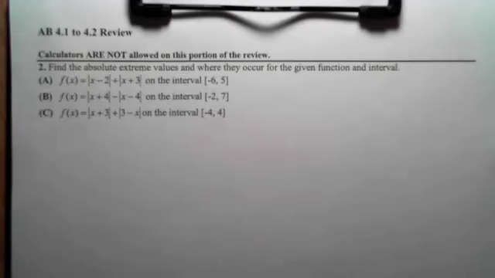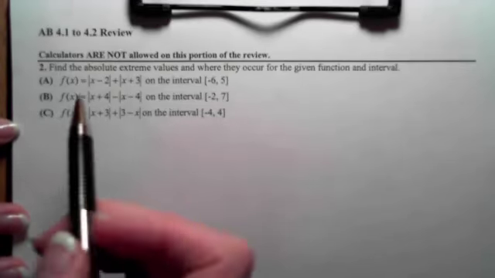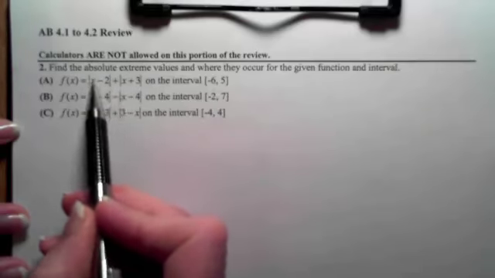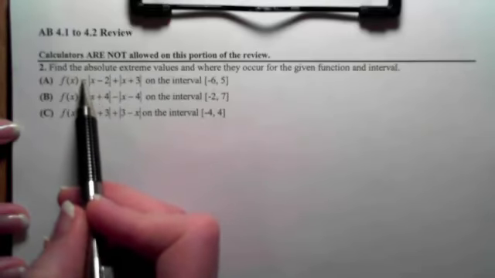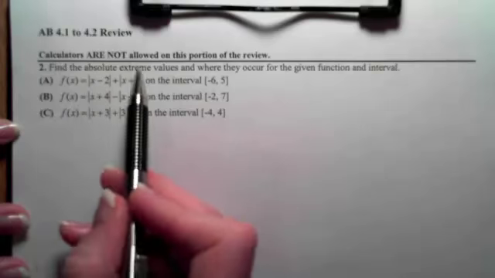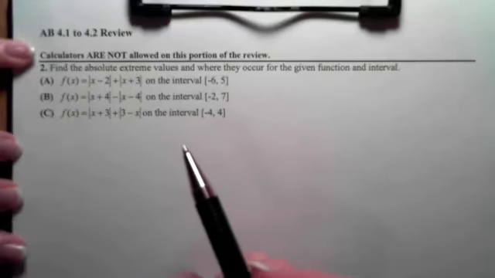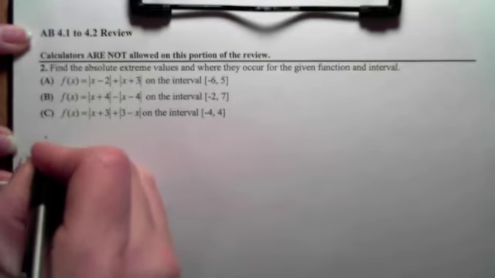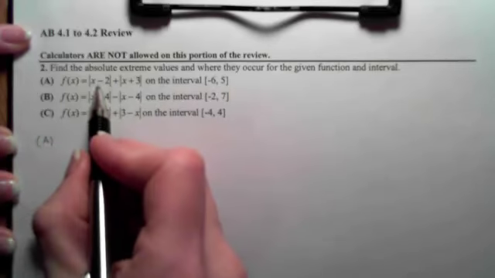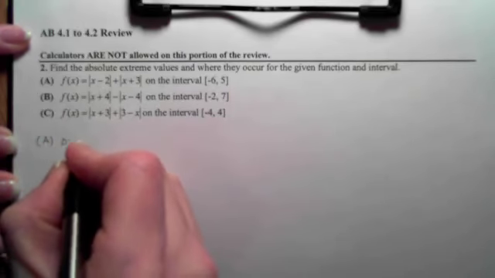So this is a lot like the one that we did in class, example 1, part D, I think, in section 4.1 of skill 2 and 3. So we're going to have to figure out what the pieces are for this, and then find the absolute maxes and mins. So part A, if we look at it, I see that I have a domain of all reals